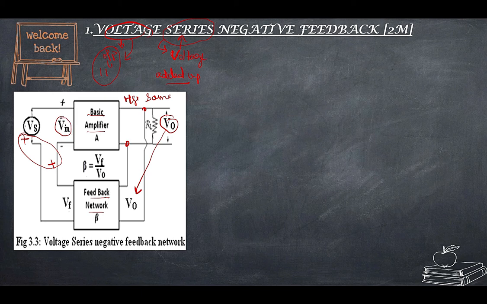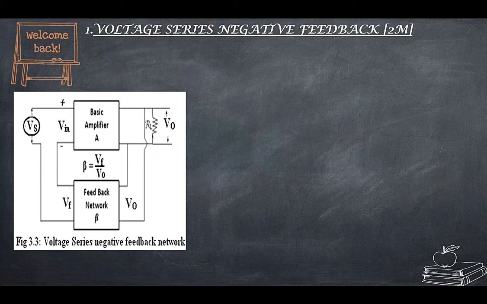So Vin will alter by series connection. I am giving two voltages here. When there are two voltages, I cannot go with parallel. Two different voltages are there. So if I have two different voltages, I have to add or subtract. So I have to go for series. That is why voltage series connection will be like this.